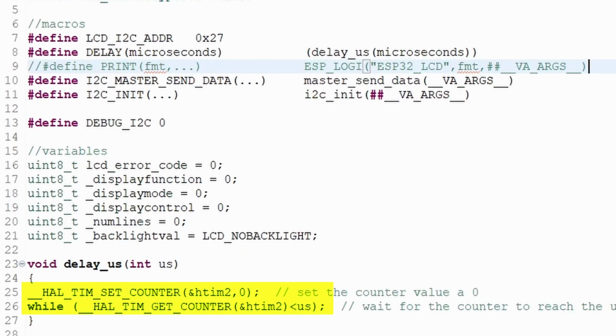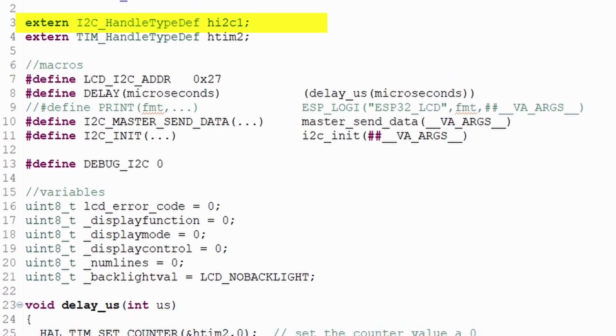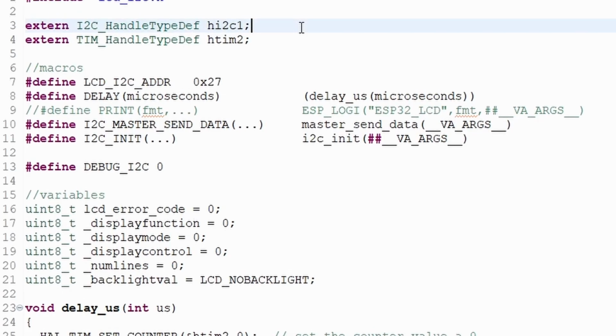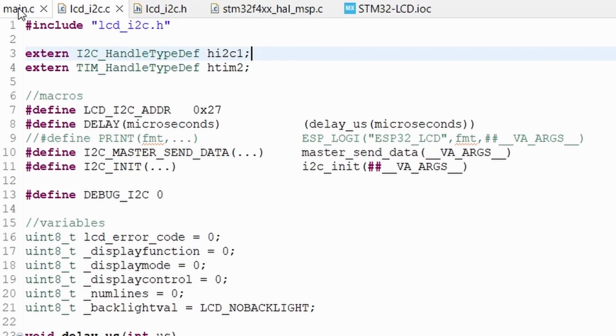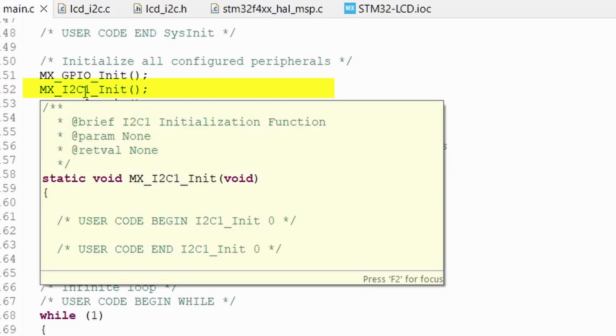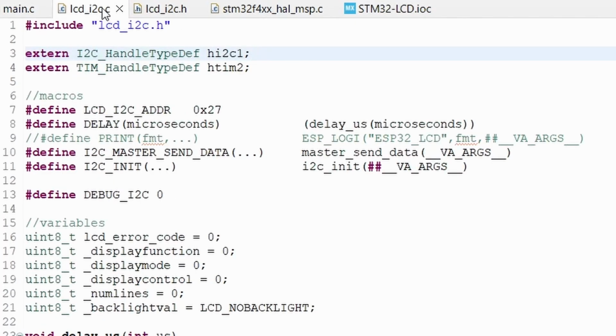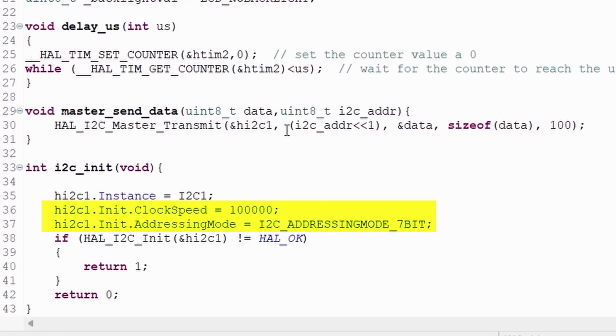In the delay microsecond function, we start the timer 2 counter and wait in a loop until the microsecond count is reached. Now for I2C, we import the I2C handle from main.c into our driver file. Yes, I2C is already initialized in main.c via this function, MX_I2C1_Init. But inside our driver, I thought to validate important members like the clock frequency and address mode before returning from